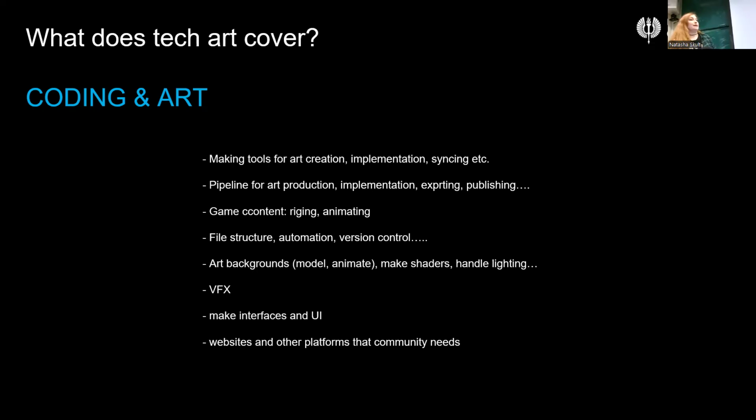Then on top of that, VFX, which we will have next time in more depth, which stands for visual effects. And I'm sure that you are more aware of visual effects from the movie side of things. Well, it goes, of course, very much in our field.